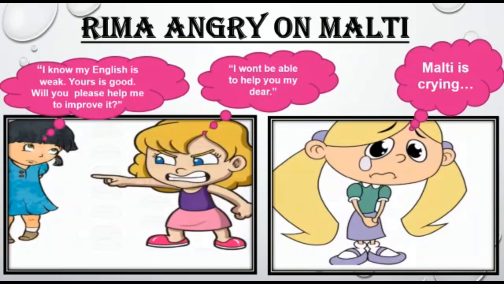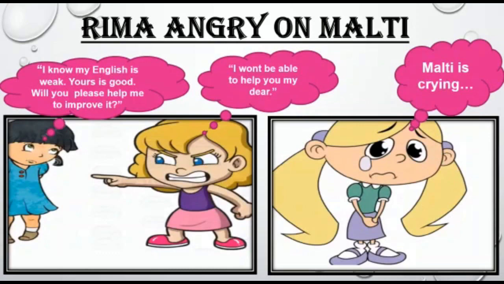You can see on the screen how Rima is angry at Malti because they were stylish. They always made fun of Malti. They never missed a chance of making fun of her. One day, Malti was on the verge, means about to go, of tears when Rima mocked her when she said axe in place of ox.